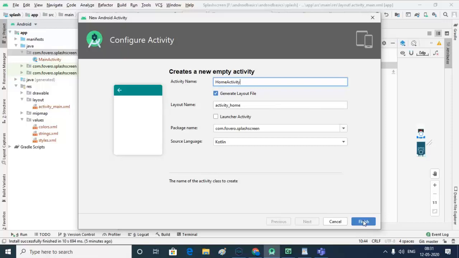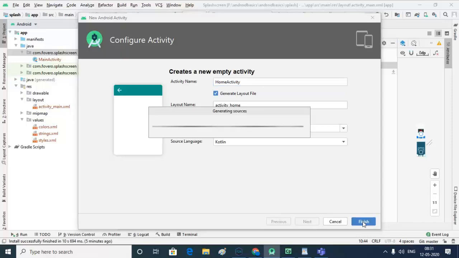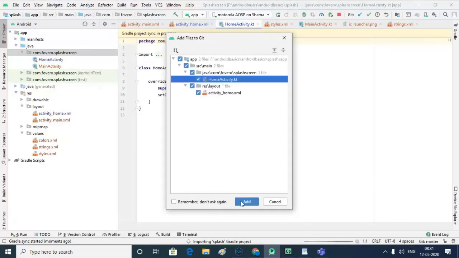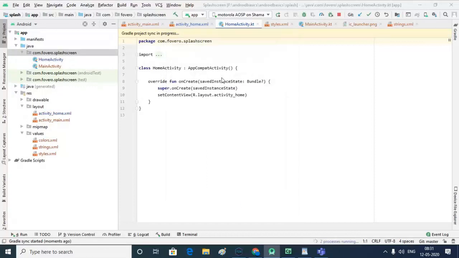Okay, and finish this step. Add a new activity in your application, and it does all the things which are required to make this activity a part of the application, means it adds this activity into the manifest file as well, and creates a resource file as well.